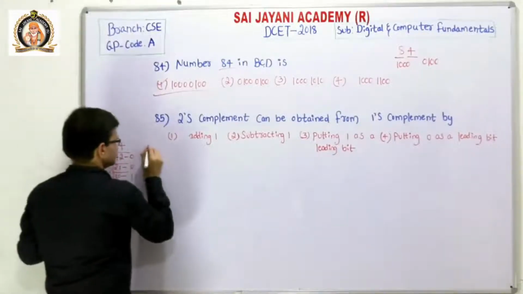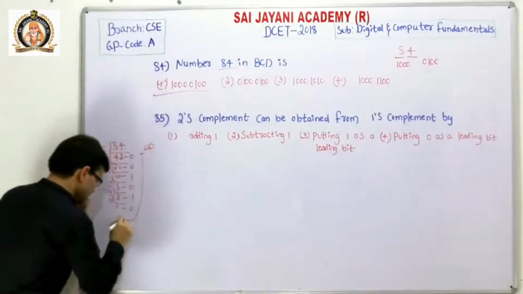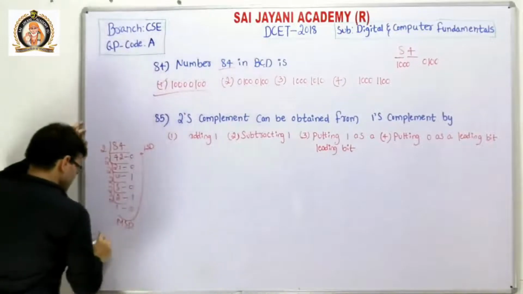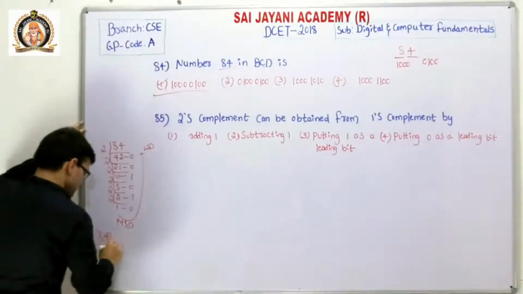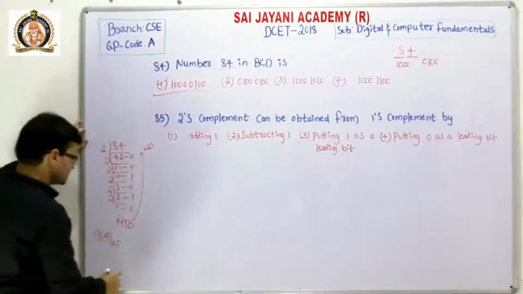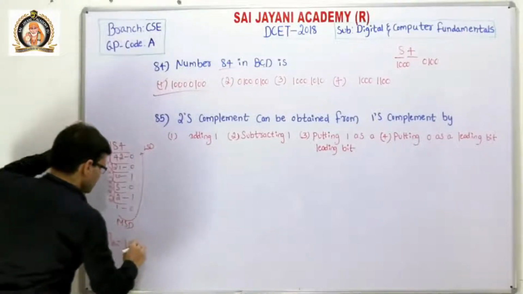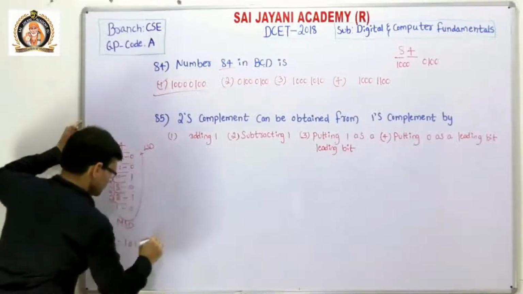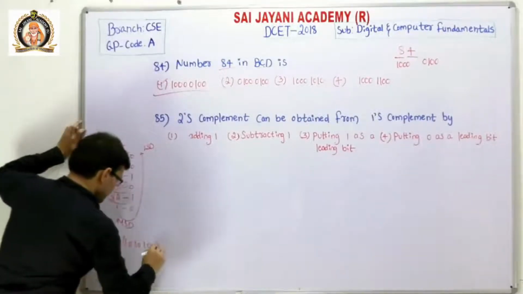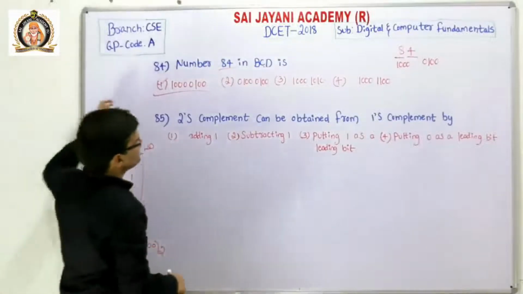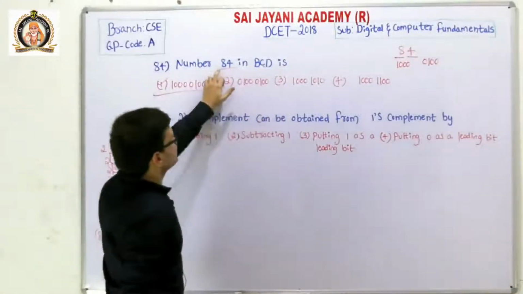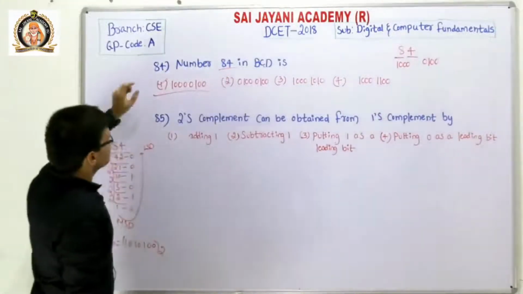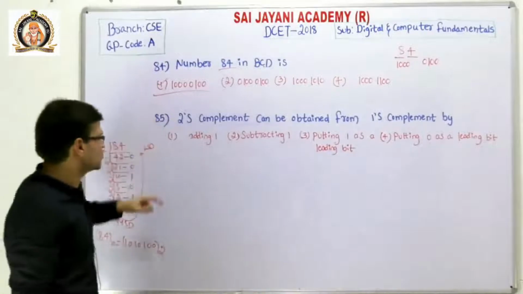This is the LSB, least significant bit, and this is the MSB. So 84 is a decimal number and its binary equivalent is 1010100. Okay, it is the binary equivalent, but its BCD equivalent is, we have to take 8 as one digit and 4 as one digit. So for question number 84, the first option is the right option.